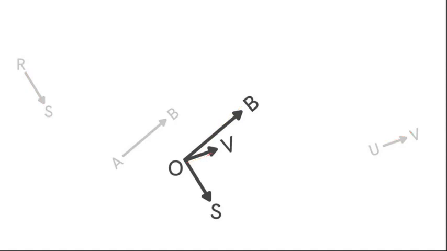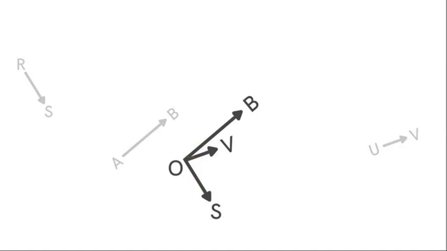Fine. Now if you have a common initial point, you can easily compare the three vectors. Look, is the direction of this vector RS the same as AB? No. Fine. Is the direction of AB the same as UV? The answer is no. So whenever you have to compare vectors, always try to move them in the parallel direction so that these vectors have the same initial point. This way you can compare the three vectors. This will be helpful when we solve some numericals.